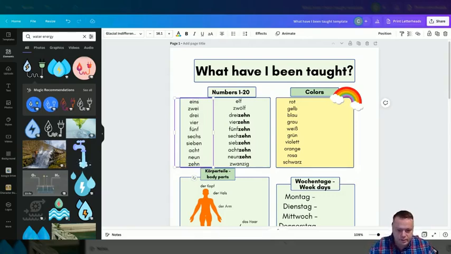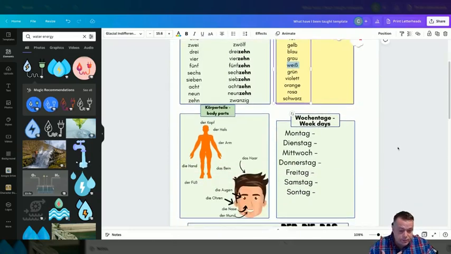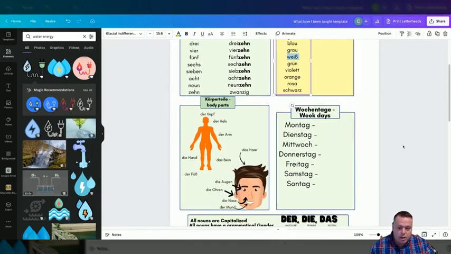But going through it with the students, if you have the template, all you have to do is work together and find out what students really do know. Because maybe you went through red, yellow, blue, and gray in great detail, but maybe Weiss wasn't one. So I might put Weiss into another text box that says, difficult words. Or, don't forget, Weiss means white. So these are different ways that we can utilize this as front of class instruction, but it also helps the students